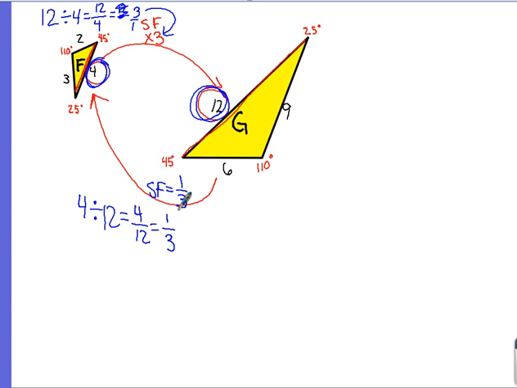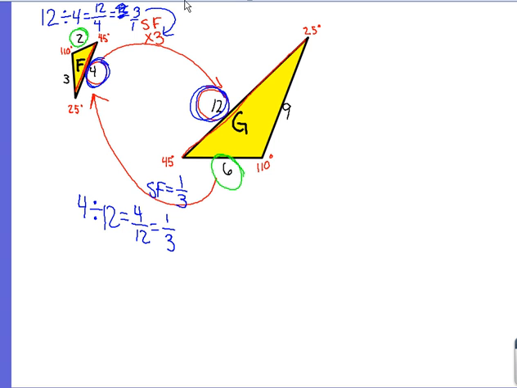I know that that is the big to the small because it is also a fractional value less than 1. Now remember, you always want to double check that the same scale factor has been multiplied by all sides. So when I look here at 2, if I took 2 and multiplied it by our scale factor of 3, I would get 6. So I'm comparing the short side to the short side, and then I'm going to look